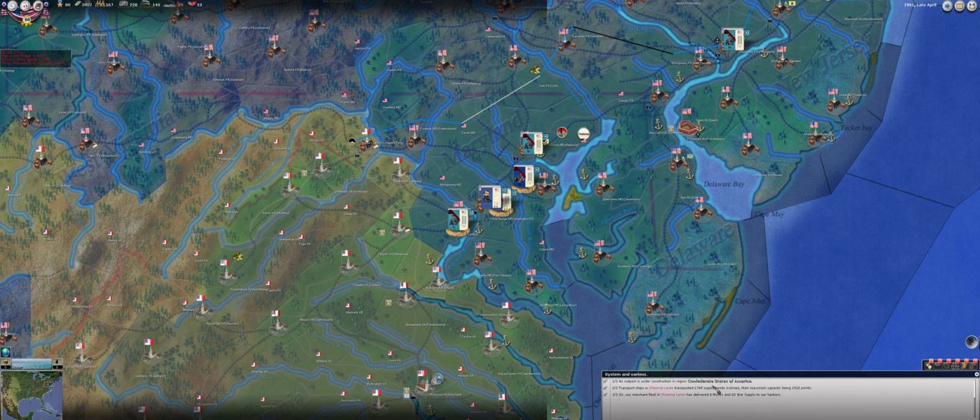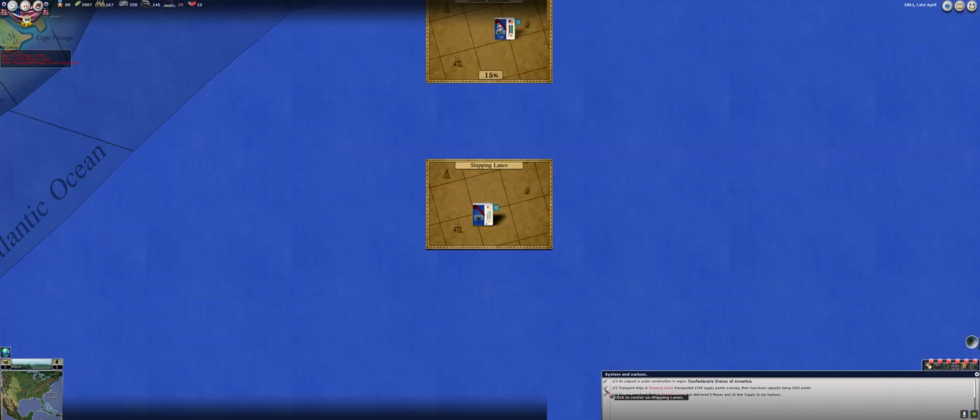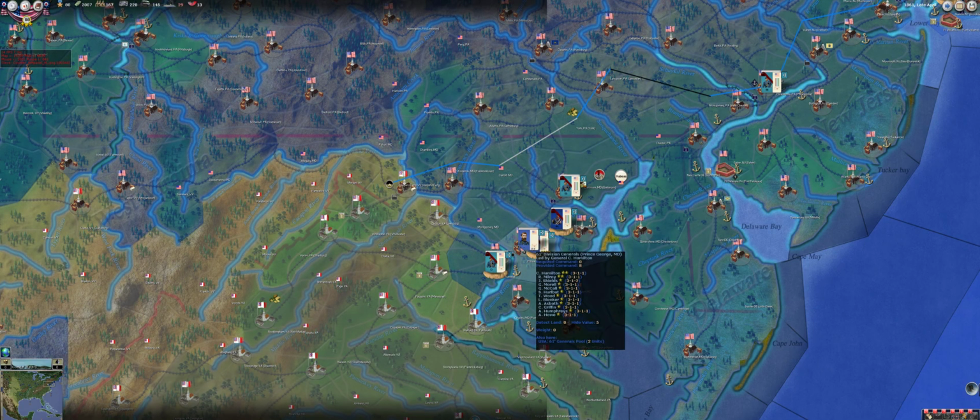So an outpost is under construction. Where is it? In Mississippi. Okay, cool. You're building an outpost here in Mississippi. Interesting. Transport ships in shipping lanes transported, sorry, 1,700 supplies from overseas. And, sir, our merchant fleet and shipping lanes has delivered 8 money and 20 wars. Okay, got it. We can describe that next time. What do I want to describe? Lastly,